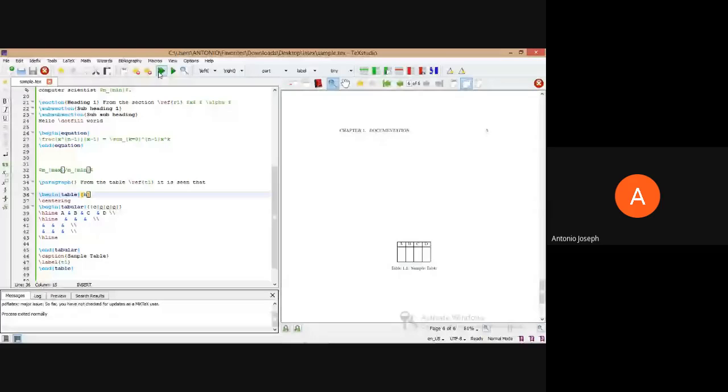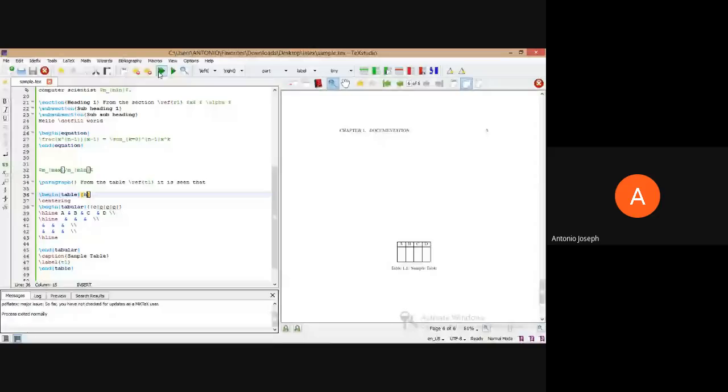So these are some of the suppressing techniques in order to place that particular figure in our desired space. This is the place where we find it difficult because it will be floating here and there. So that's a difficult area to adjust.